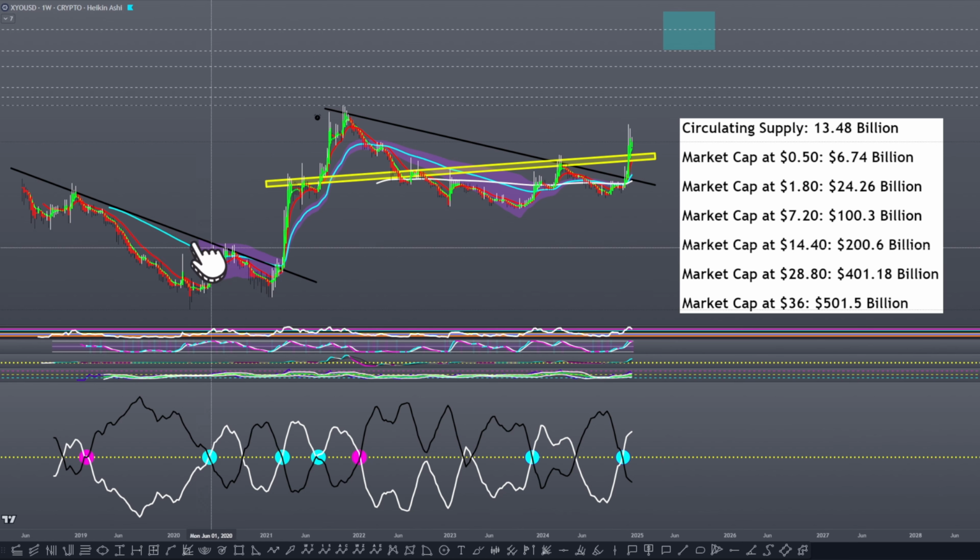But ultimately, this coincided with the breaking of this descending resistance as XYO then went borderline vertical afterwards. Corrected here a little bit and then went higher, but very good buy-in nonetheless. Would have been buying somewhere around roughly approximately 1/3 to half of a penny had you caught that a little bit late and not anticipated it.